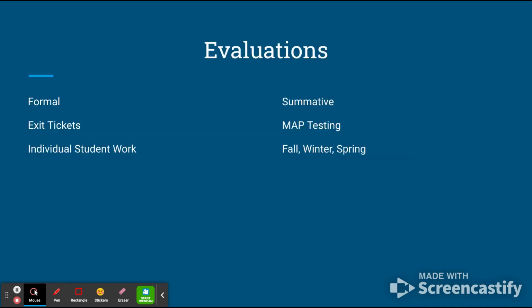For evaluations for this strategy, formal assessments within the classroom can just be exit tickets at the end of the lesson, such as who was the character in that story or what was the problem that you saw in the story. And then, more specifically, can be individual student work, like grading a student's graphic organizer based on a book that they read. A more summative assessment would be the MAP testing scores to see how instructional text has increased or decreased or stayed the same throughout the year. So this presentation has been based on fall scores,